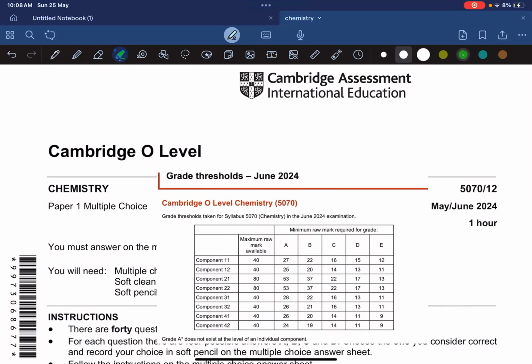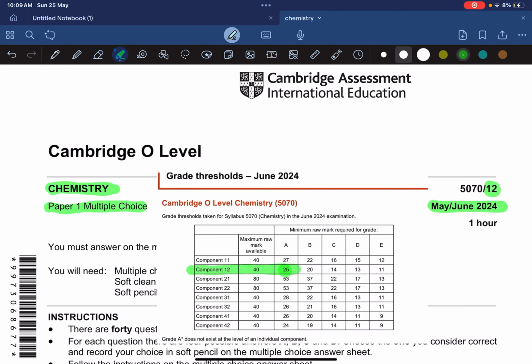So hi friends, today we're going to be solving Cambridge O-Levels Chemistry Paper 1 Multiple Choice, May-June 2024, Paper 12. And the grade threshold for this paper, you gotta have a 25 out of 40 to get an A. And this grade threshold clearly tells us that it might be a difficult paper because the threshold is low,